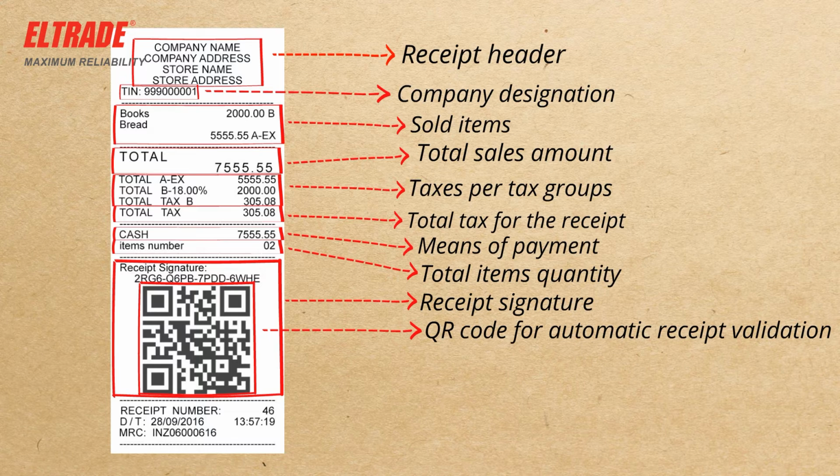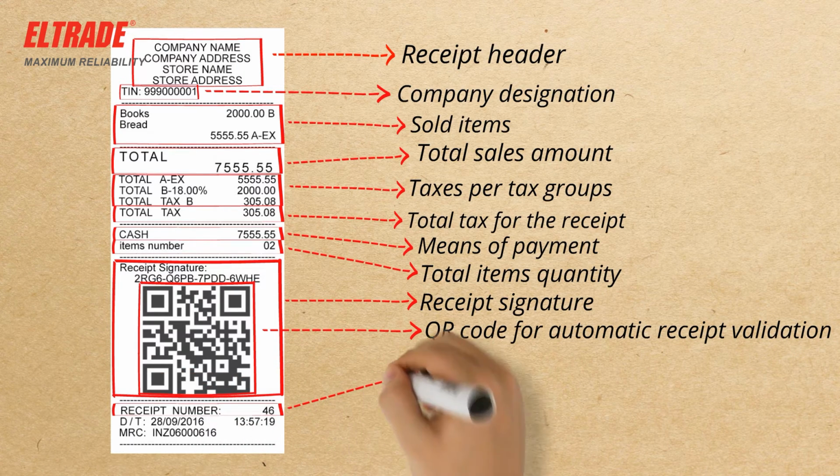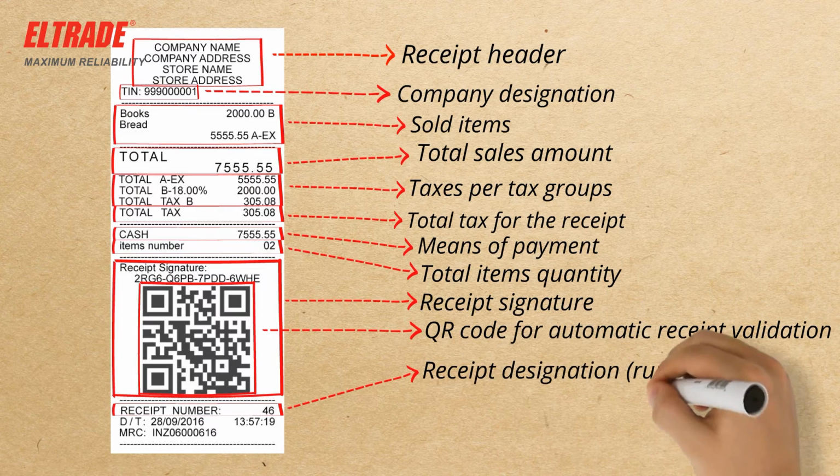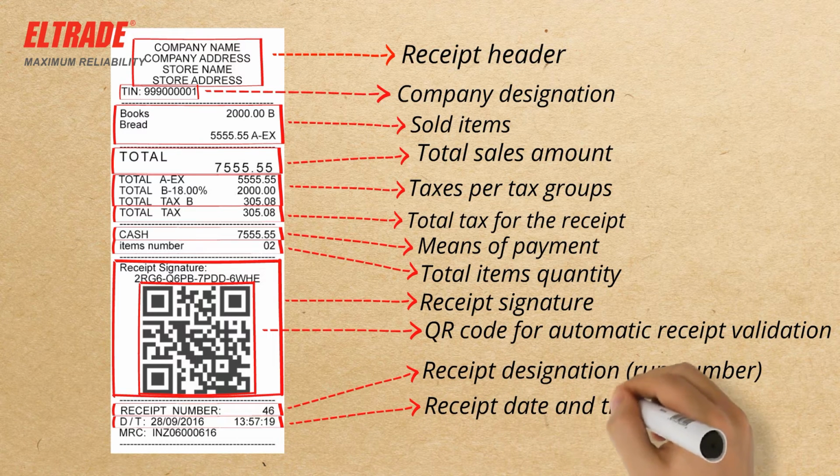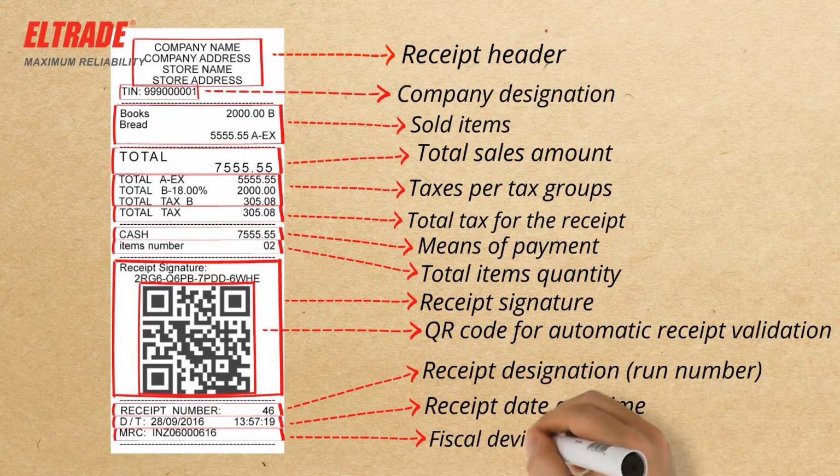Through the QR code, the receipt can easily be validated from a smartphone, and additionally it allows registration of the receipt for lottery purposes. Receipt designation, run number, unique number of the receipt, receipt date and time, fiscal device designation,